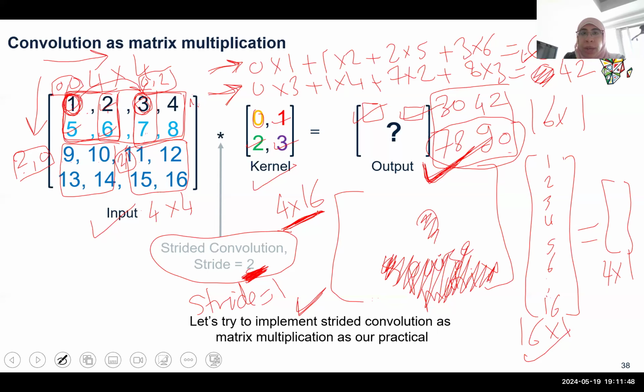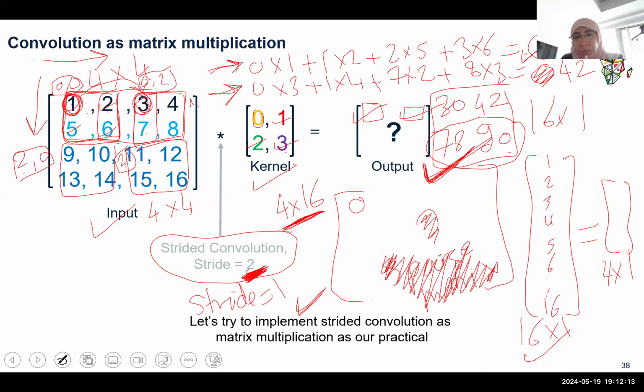So let's say here I have my kernel. You will have in this sparse matrix the kernel elements, so you'll have the 0, 1, 2, 3. But here the 0 is multiplied by 1, so I can put here 0. And then what do you think else I should do? I don't want to give it away. So I'll give you a little bit more, 5 minutes more, and then we can discuss